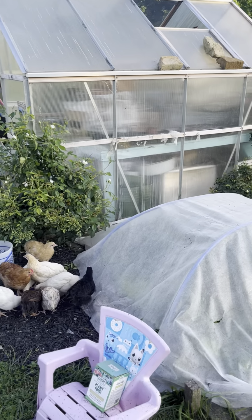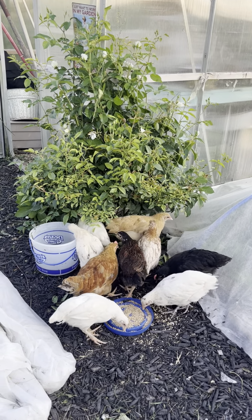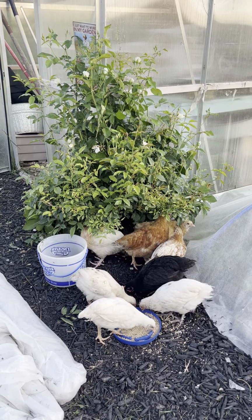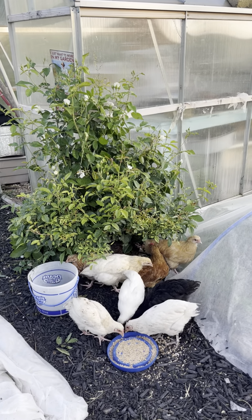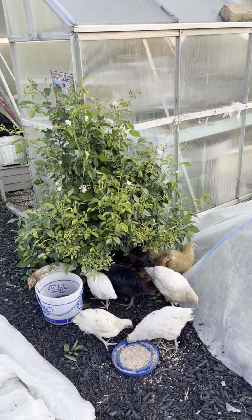Right here we have the chicks I was telling you about. These are chicks that we hatched out in the spring, and they are loving their life right now. They are menaces. They just get into all of my shrubs and eat all of my new seeds that I plant every day. But they keep escaping out of our big coop, so they are just free